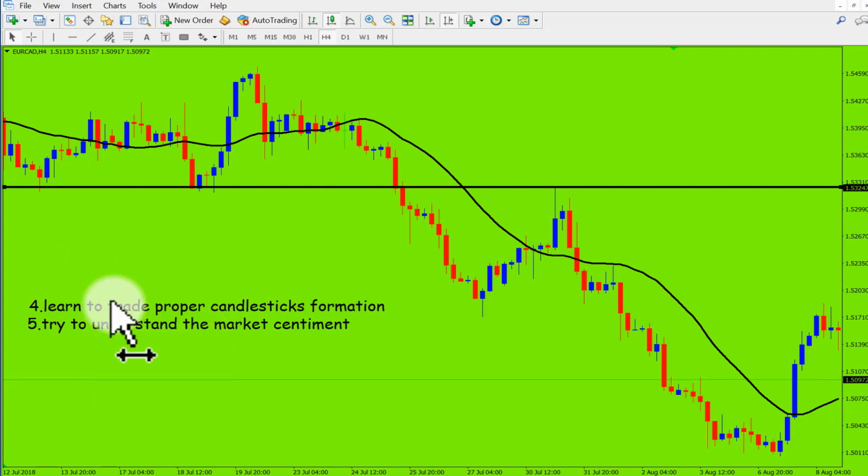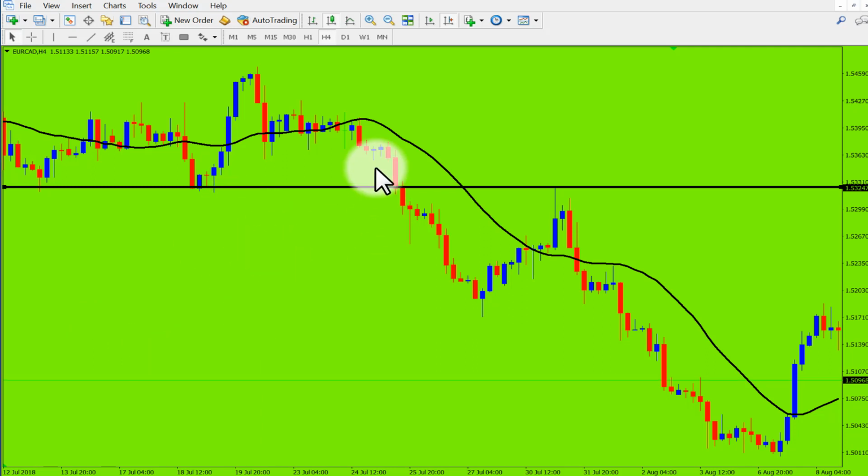Okay, if we try to catch a proper trade with this double top double bottom method, then first we have to find out the setup. Here this is EuroCap chart, 4-hour chart. If we mark this area,